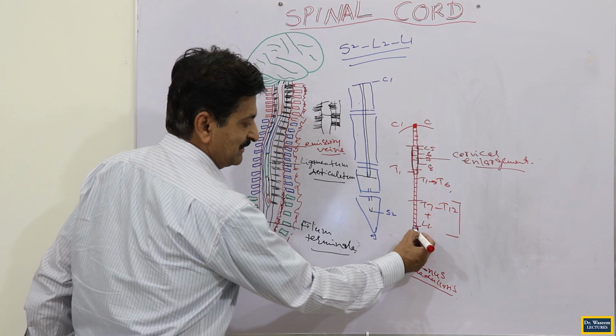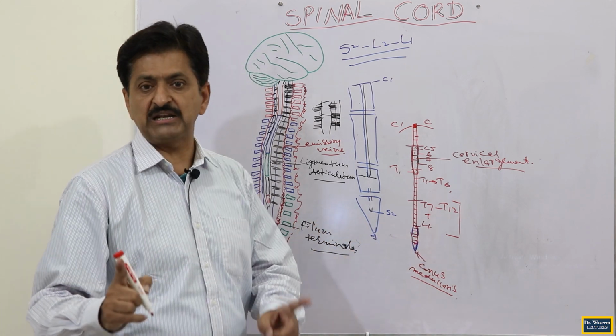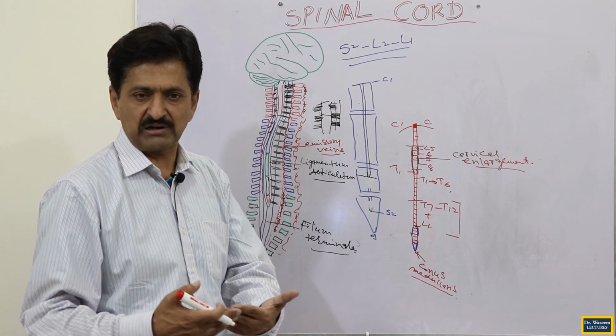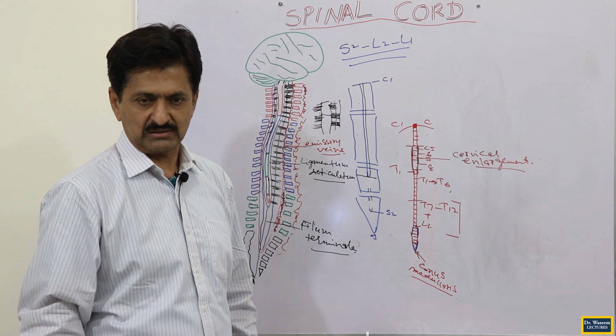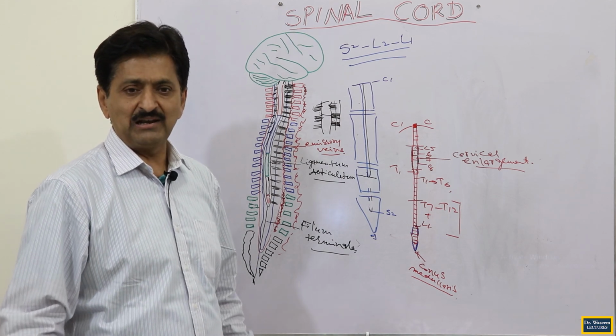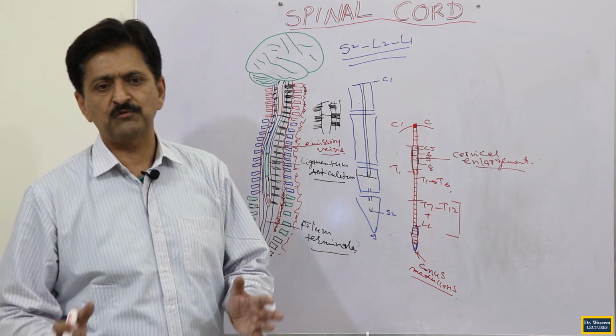You will see again, these are the areas whose nerves, when they emerge, form the lumbar as well as sacral 2 plexuses. They are joined together through the lumbosacral trunk, so you say lumbosacral plexus. And this is the plexus whose branches are supplying the lower limb. And when it is the lower limb, more number of neurons are concerned, more number of neurons for sensory, more number of neurons for motor.